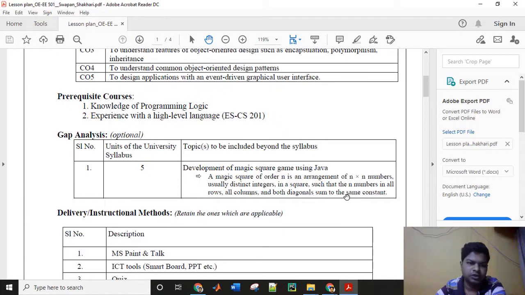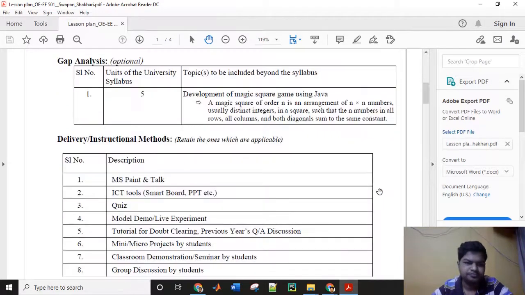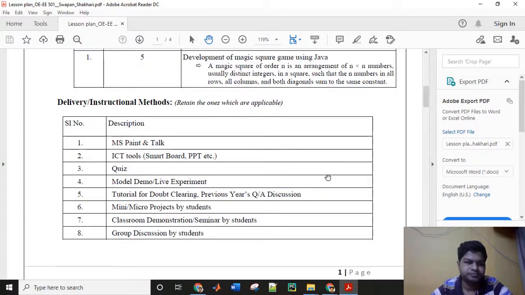You can do some gap analysis also, and define some development work, some assignment, or some work that is beyond the syllabus. And then you can fix the instruction delivery mode, what mode of instruction you will be using.